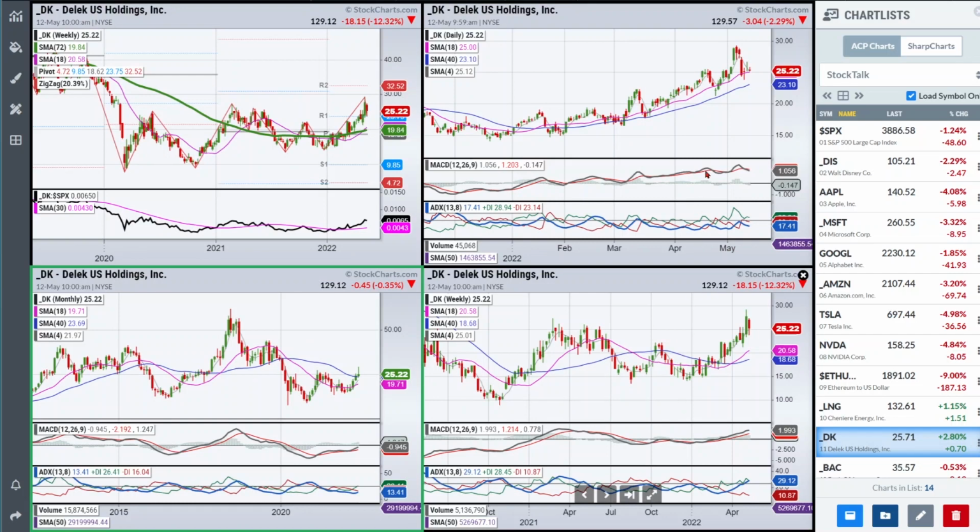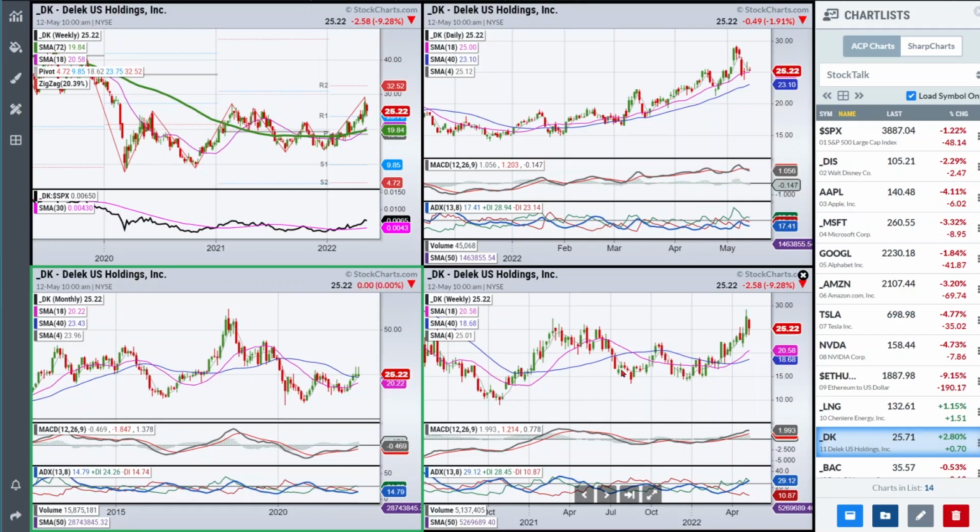Okay, so DK is trying to turn things around here. Nice move to the upside, improving momentum conditions, but I want you to recognize that we just tried to break above this resistance here, and it looks like we're failing. And we do have an improving overall situation, but it is on the early side. And the fact that we failed to hold the breakout means we probably fill in a little bit more and consolidate. As long as we don't see red DI on the daily chart kicking in,